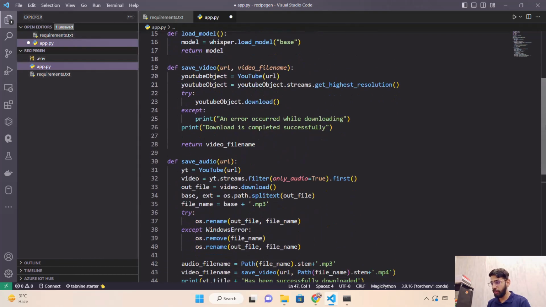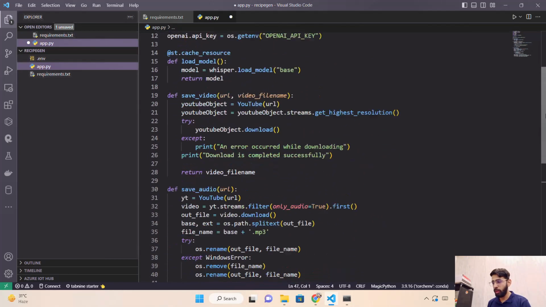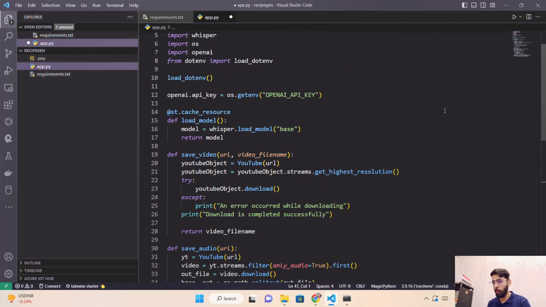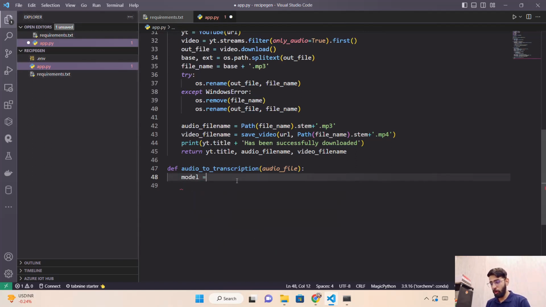So now we have written both the functions. One is for saving the video, and the other is for saving the audio. We already have loaded the model. The function has been written over here for load model. Now what I will do next is that we have to write the next function, which is for transcription. So let's call it audio to transcription, and here I will pass the audio file as a parameter. Define audio to transcription, and then we have already the model. I'll use the load model function that we have written over here, and we'll pass this